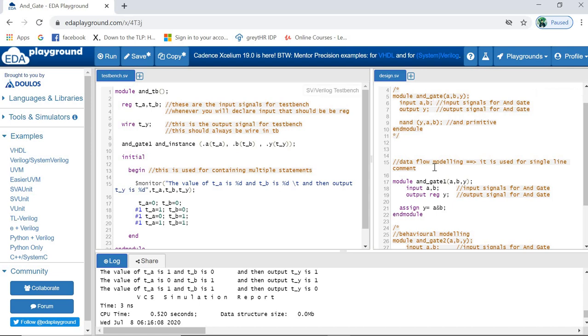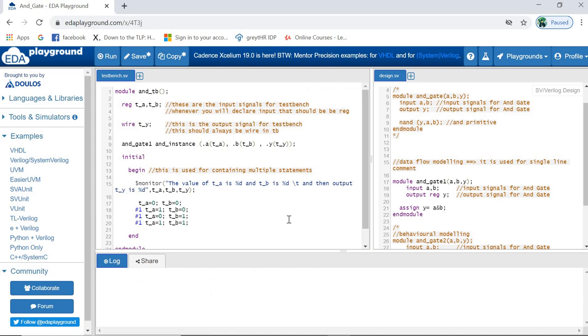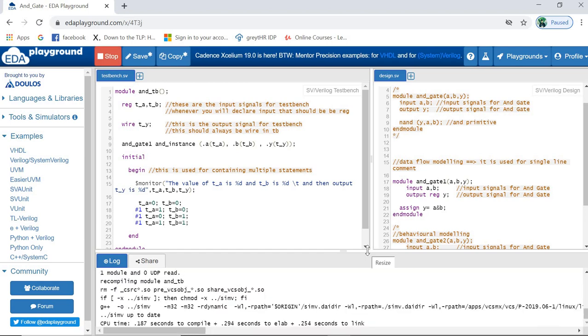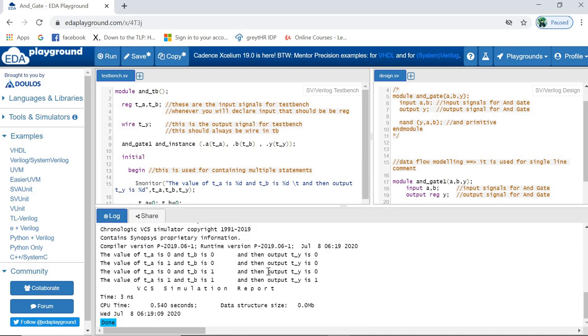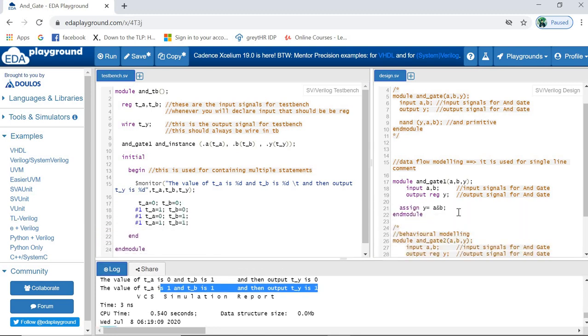Here the name was AND gate, here the name is AND gate 1. So now I am not instantiating the old design, I am instantiating this design. Here I have written for the AND gate, so I can see the result for the AND gate. I have given run, just give me 1 second. It will produce output. Yes, you can see the outputs. For all the cases everything is 0 except when both inputs are 1, then the output is 1. So with the help of the data flow model you can write the code in this way.